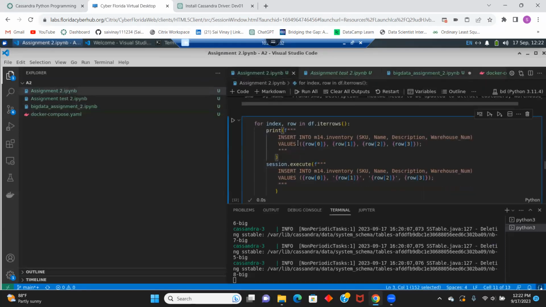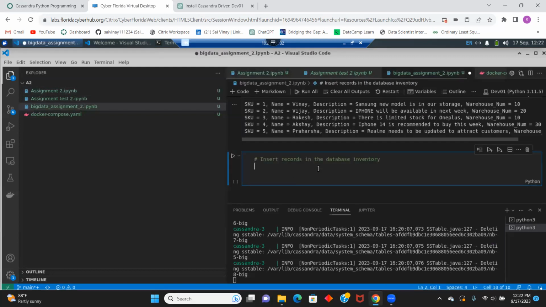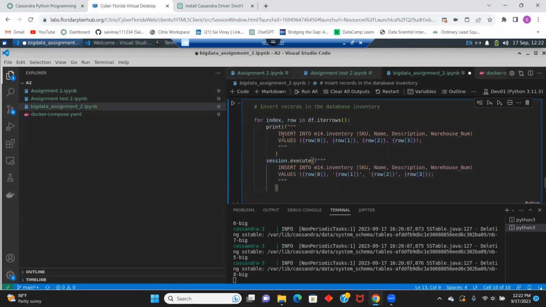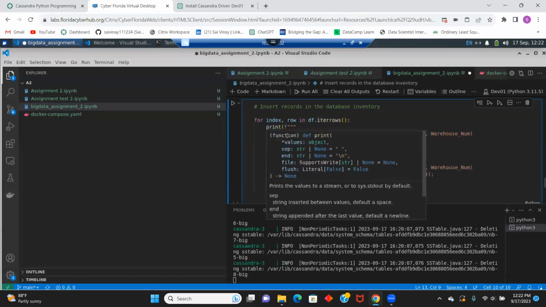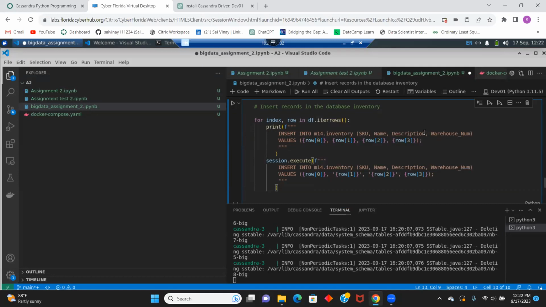What we are going to do is use this code. I'm going to explain how the code works. First, we are iterating through the rows of the data frame, where it will take each row and take all the fields. After that, we have given the session.execute. It will take each row from the data frame and add it to the database. And as you can see, I have given this two with